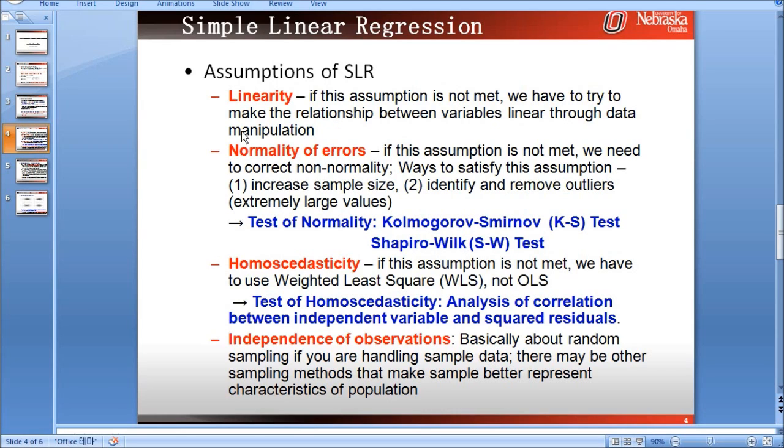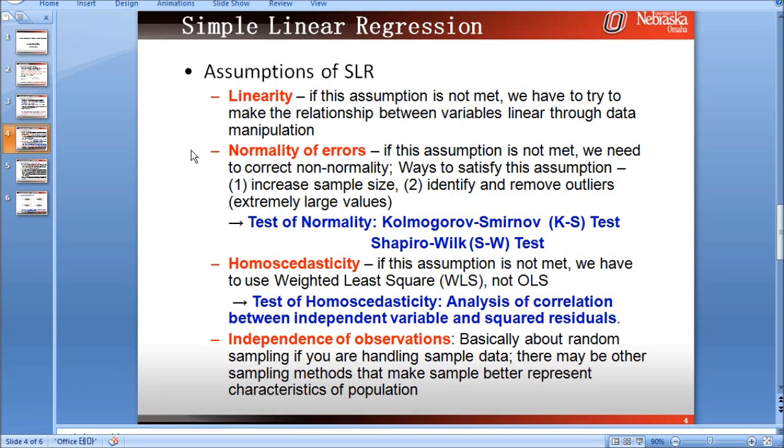So let's just focus on this normality of errors and homoscedasticity. I will show you how to handle the assumption of normality of errors and homoscedasticity. As we all already know, these assumptions should be taken care of to make sure we are making an accurate estimation.